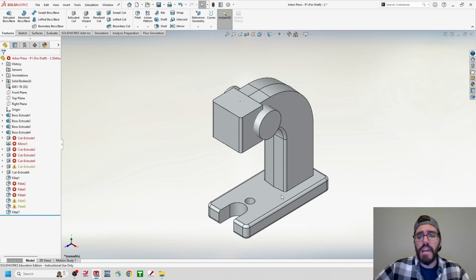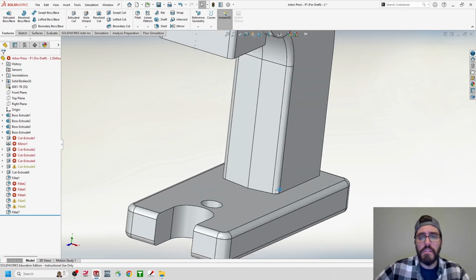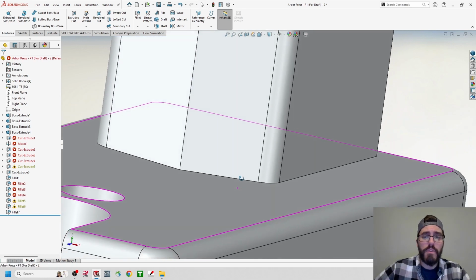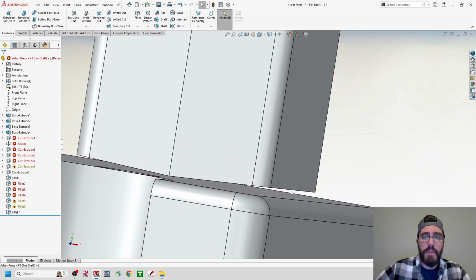And we can start to see that as we zoom in and rotate around the model. You can see that this does look like it is connected. However, the more that we rotate, we start to see a gap form between the bottom of this edge and the top of this surface. And I think this is causing a lot of these fillets from being rebuilt because the edges they were referencing no longer exist. So I think it's safe to say that this draft will not work unless we remodel our